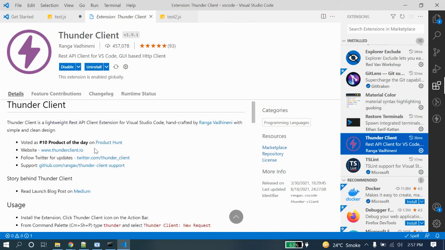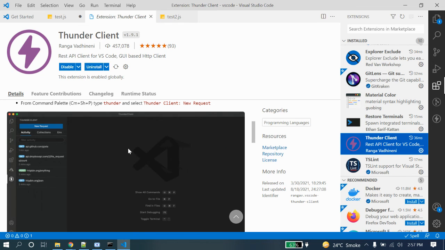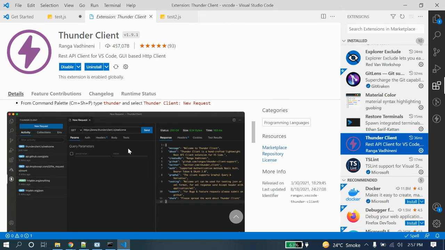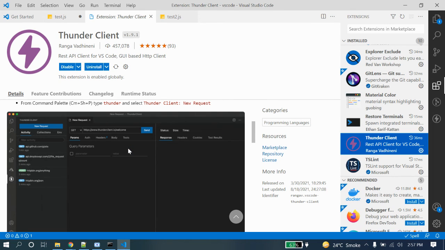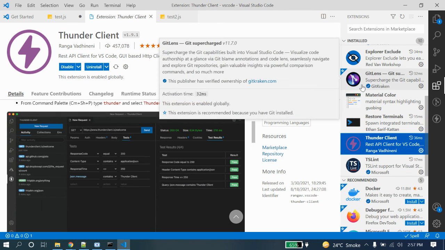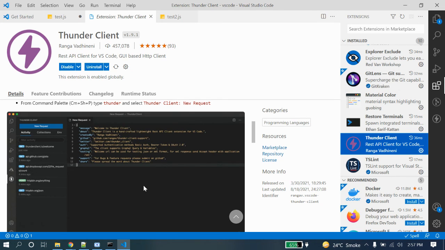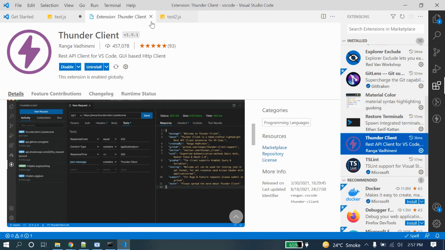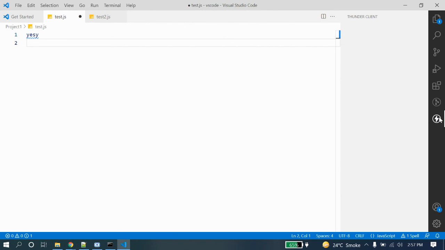Thunder Client provides the functionality that Postman provides, though not to that extent. If Postman is 100%, then it provides, not 50% but 80%, so you can easily make the API request and see those responses.